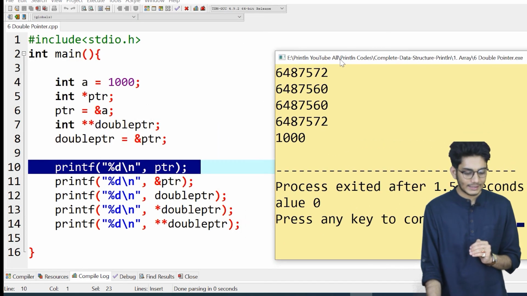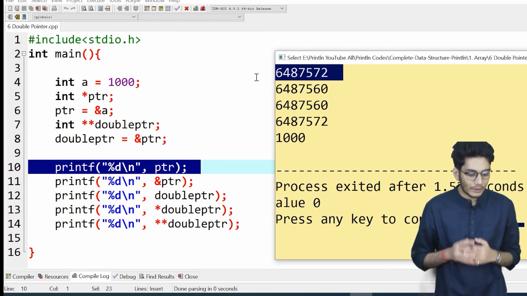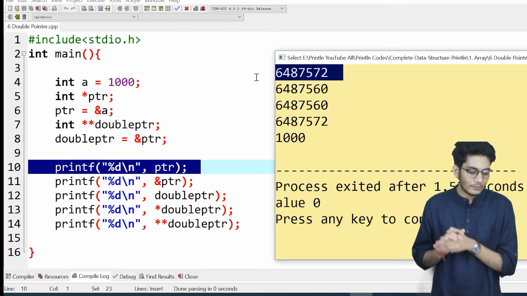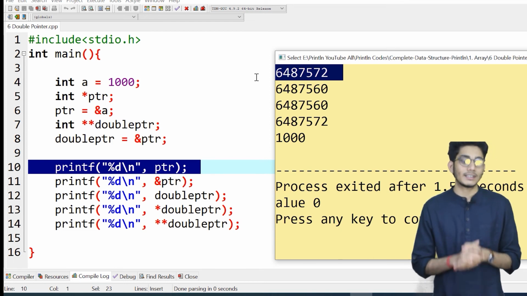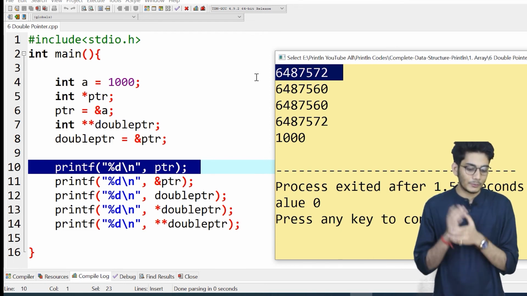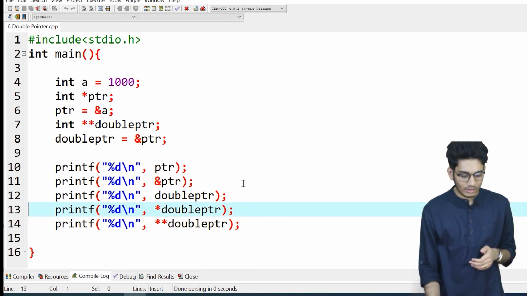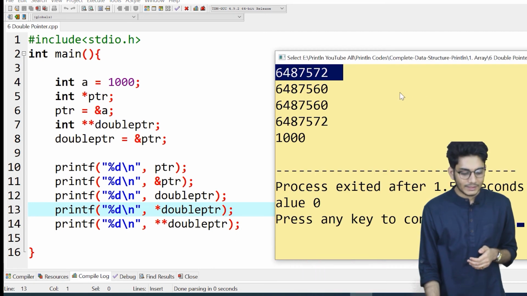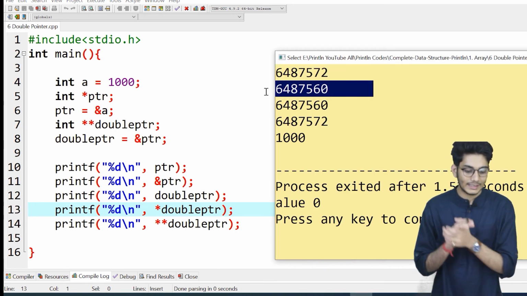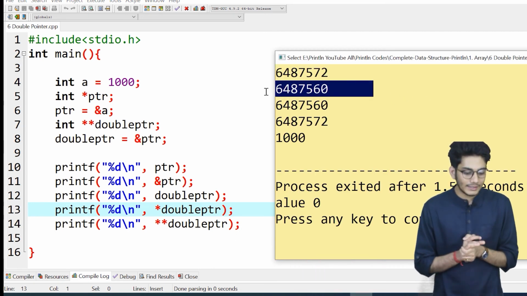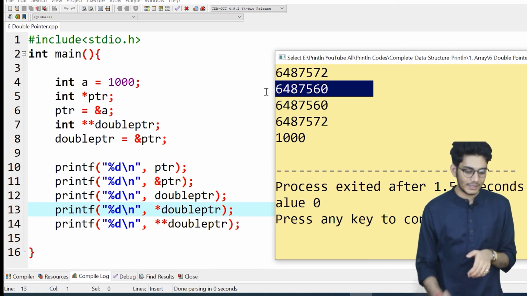You can see that at the 10th line we are printing the value of ptr, which is the address of A. In the 11th line we are printing the address of ptr, which is the value of double ptr.